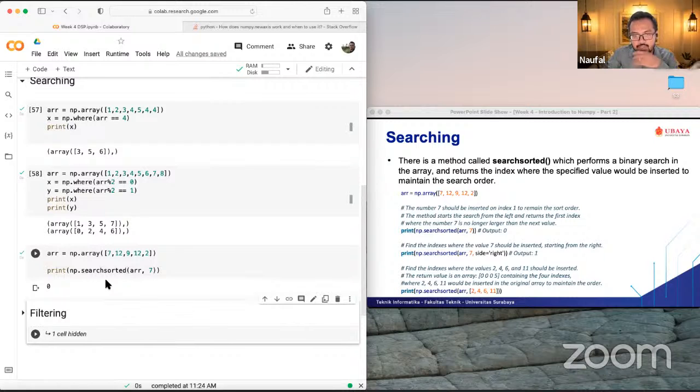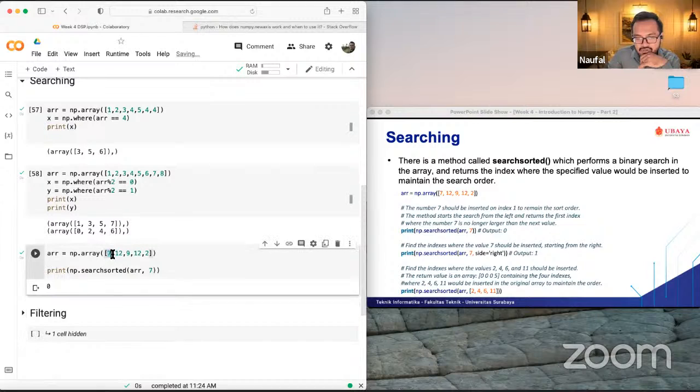Why 0? Because if we use searchsorted, we don't sort this ARR variable. But actually this 7 should be located at index 0. If we put it in this location, it's not right, because it should be in index 0, right? So it means